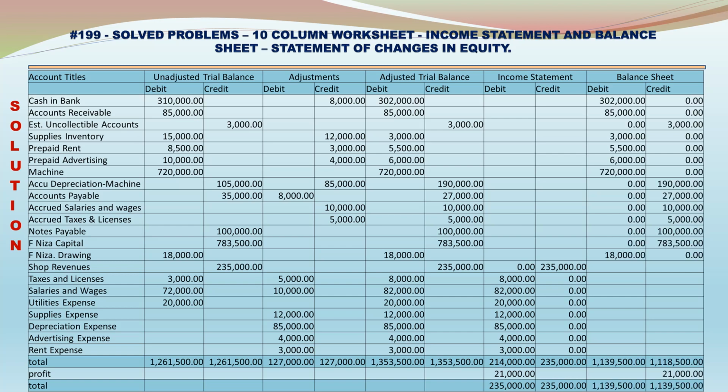Balance sheet. Cash in bank 302,000 debit, accounts receivable 85,000 debit, uncollectible accounts 3,000 credit, supplies inventory 3,000 debit, prepaid rent 5,500, prepaid advertising 6,000, machine 720,000, accumulated depreciation machine 190,000, accounts payable 20,000 credit, accrued salaries and wages 10,000 credit, accrued taxes and licenses 5,000 credit, notes payable 100,000 credit, FNIJA capital 783,500, FNIJA drawings 18,000, profit 21,000, total debits 1,139,500, total credits including profit